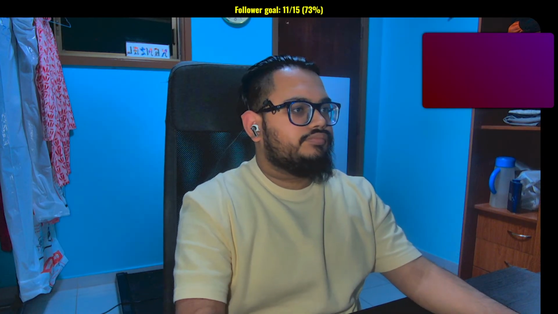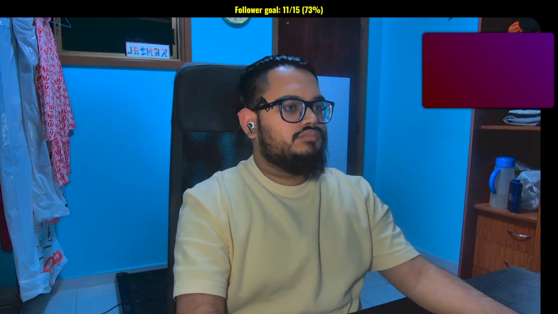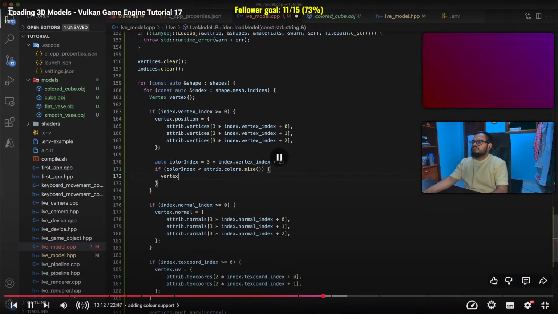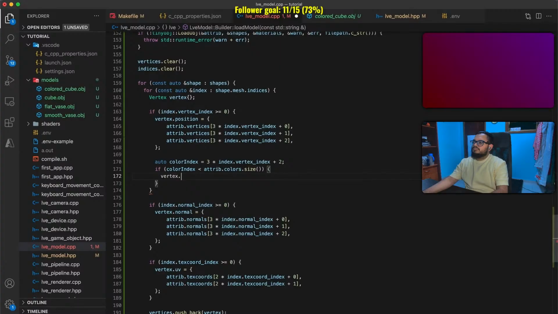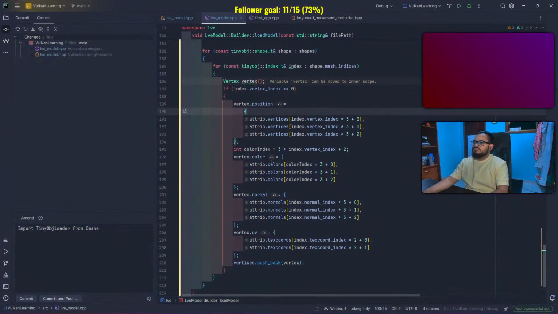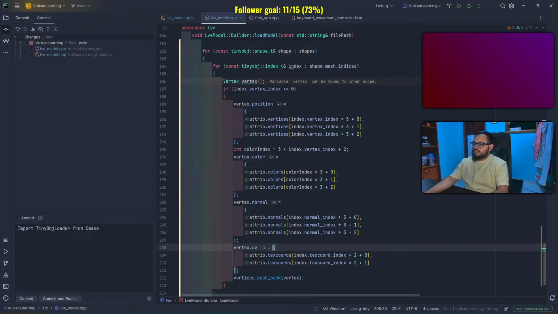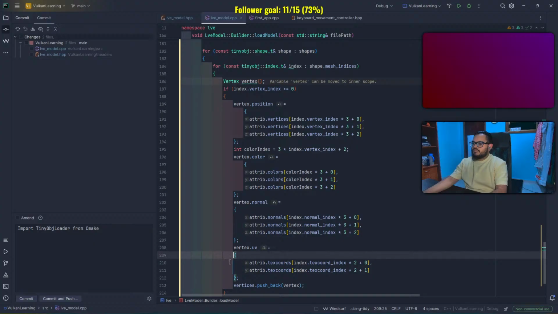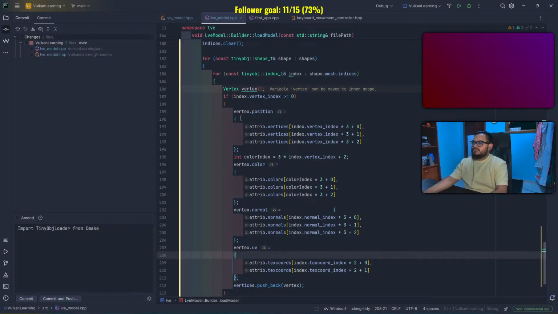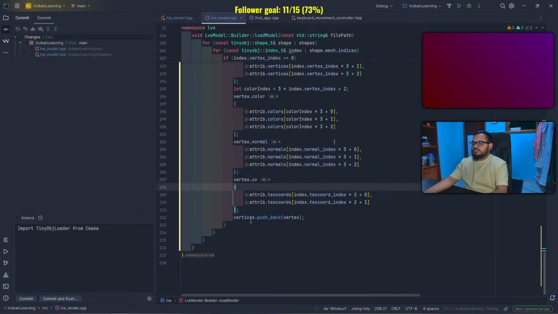Color index, and the index is in bounds. If this is true,